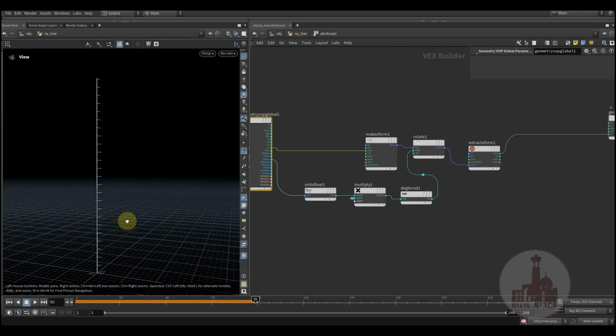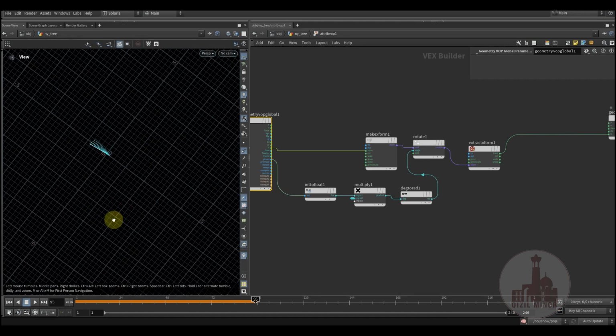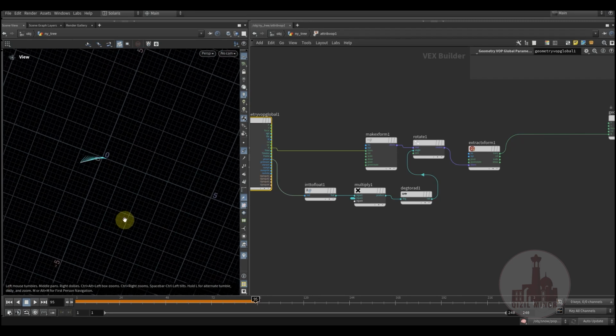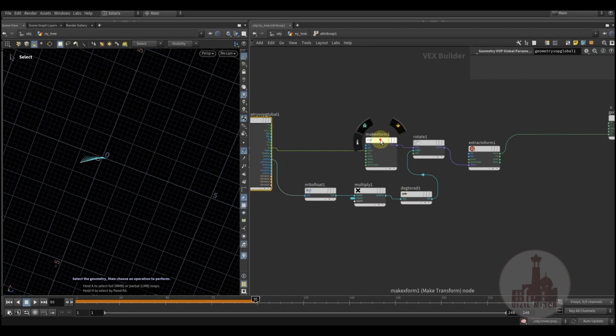Now they are looking in one direction, but here you see it's actually bending. So by using point number and multiplying this, I'm transforming